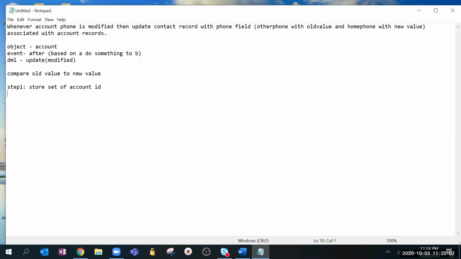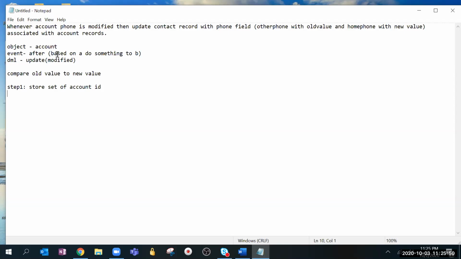In this case, do we need the account IDs of those records which are getting updated, or all the account IDs that are present in the account object? Someone wants to answer this, or then I will answer. Go ahead with the question once more, please. In this, are we taking all the account IDs that are present on the object, or only the ones that we are updating?